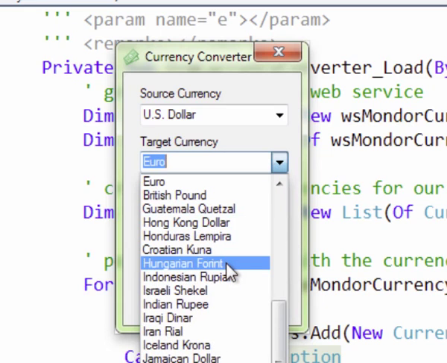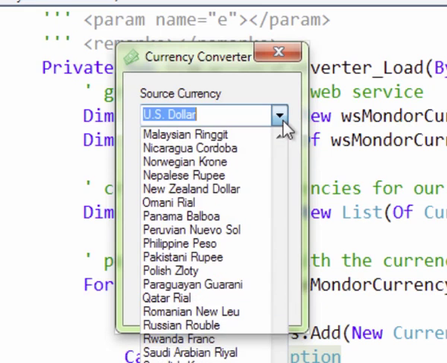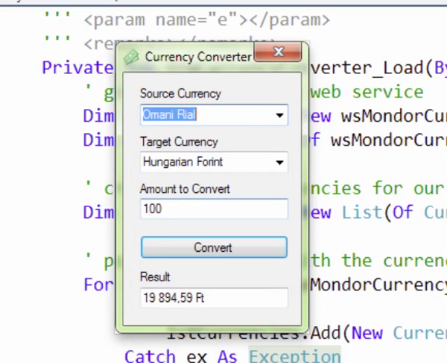Here you go, the Hungarian forint. How many of those can we get for $100? Wow, 19,894.59 forints, and apparently the symbol for forints is FT. So you can play with those all to your heart's delight. You can see how many Omani rial could be. 100 Omani rial is 51,000 forints apparently. Okay, so that is our currency converter class